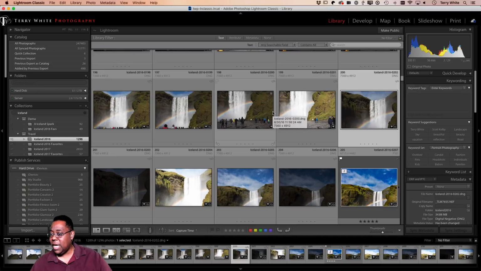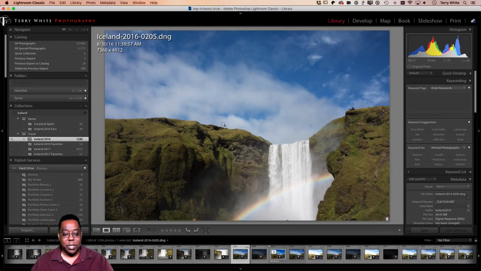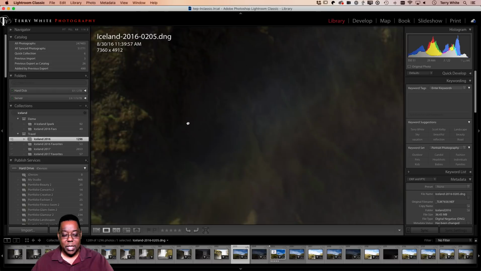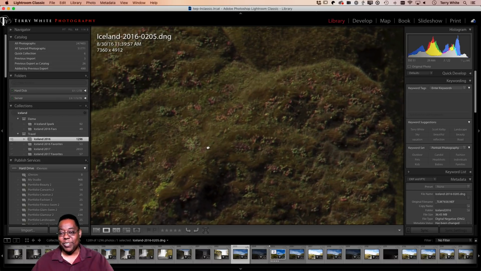Looking at the time, we're still good. Okay, let's keep going. So next up, and this is an important one. This is one of the coolest tips I'm going to show you today. When you're editing a photo, let's go in. What professionals tend to want to do is go in and look at the photo full screen 1:1. That way they can pan around the photo and see if there's anything wrong, see if there's anything they missed.